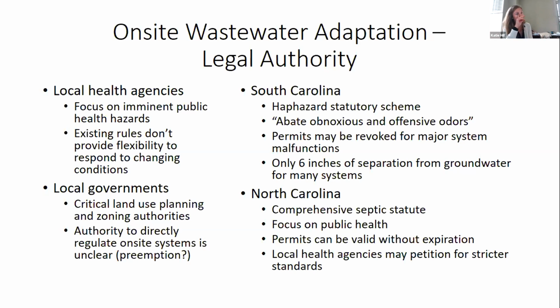Local governments are the other entity that could be involved here. And local governments are at the front lines of most adaptation planning. They have critical land use planning and zoning authorities, but unfortunately their authority to directly regulate on-site systems is very much unclear. Except, we just did an analysis here at UGA on 4 southeastern states: South Carolina, North Carolina, Florida, and